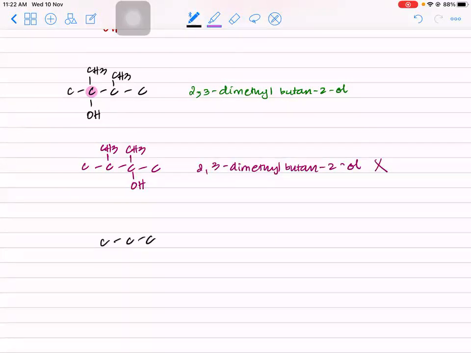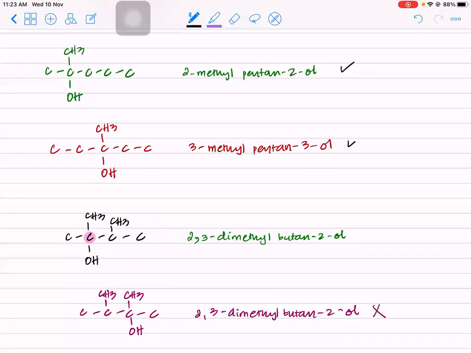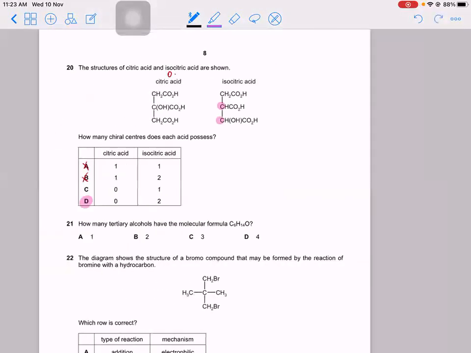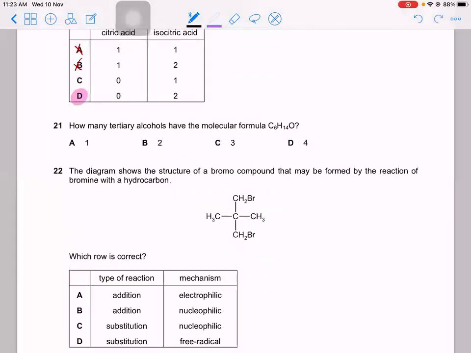Let's make a chain of 3. When you make a chain of 3, now you have 3 more carbons left. So you can have a maximum of 2 here. The 4th, the 3rd here. And you see now you can't have a tertiary alcohol because the OH will have to go here, in which case it will be a secondary alcohol. Or you'll have to put it here, in which case it will be a secondary alcohol. So we don't have any other option. Can't be tertiary. So you have 1, 2, and 3 options where they can be tertiary. 3 isomers or 3 tertiary alcohols. The answer therefore is C.